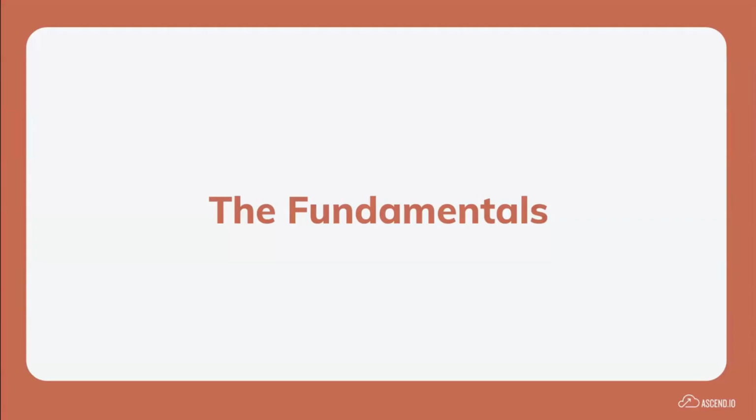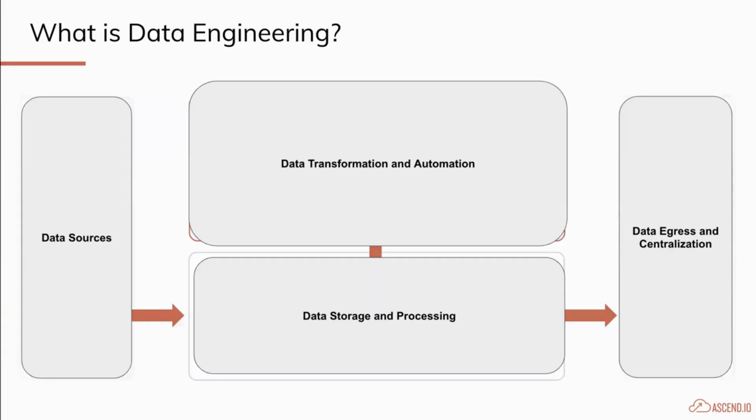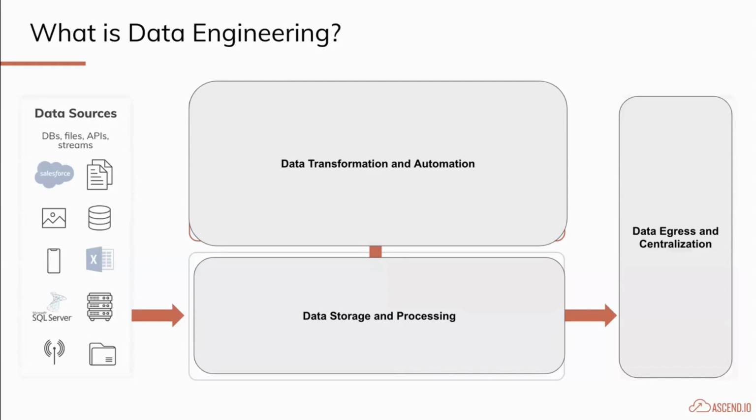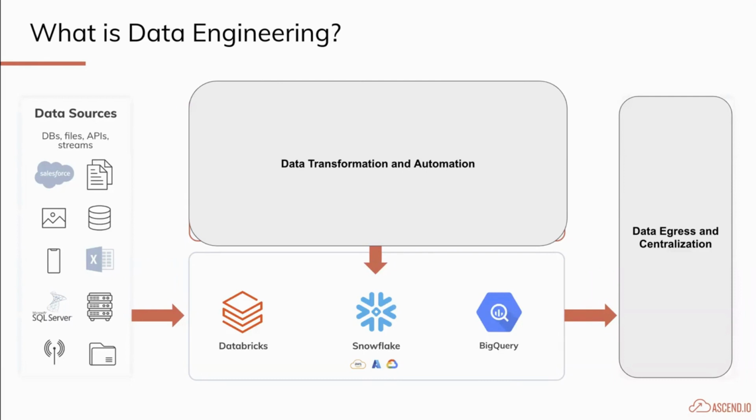So diving in, what are the fundamentals, right? And when we talk about fundamentals, what do we see every day here at Ascend? Well, a lot of things that we see at Ascend are related to data engineering, right? The whole point of coming to Ascend is for data automation in your pipelines, working with pipelines, and working in the nitty-gritties. So when you are working with data pipelines, you're naturally pulling from data sources. Those data sources can be from anywhere, right? Databases, files, API streams, but you're getting your data from somewhere, and these will be large data sources that you are working with.